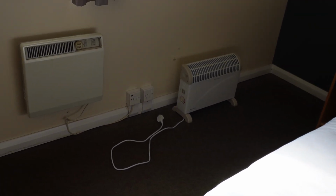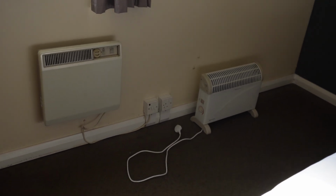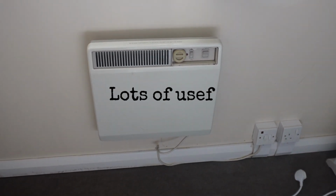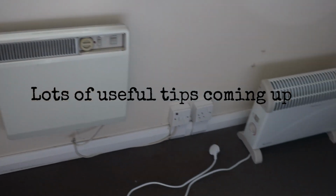The heating situation was fine. Staying here in the middle of winter, just so that you know, my stay is in winter, but it was still warm enough. There's one of those standard electric heaters that are fitted when the hotel's built. Clearly it wasn't enough